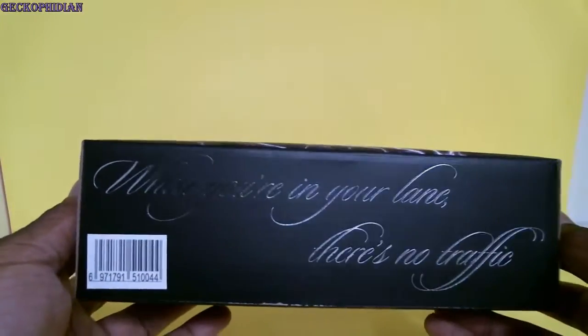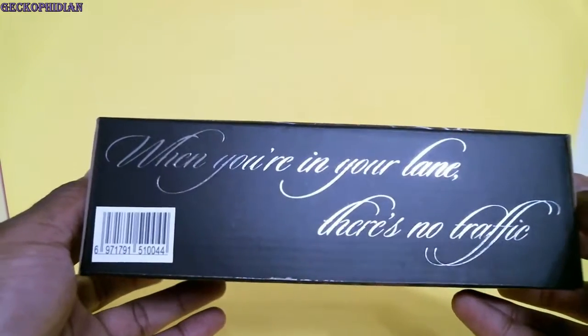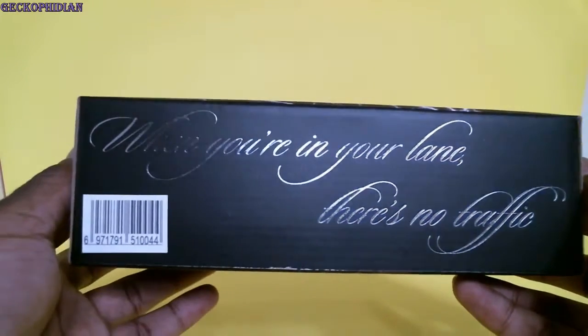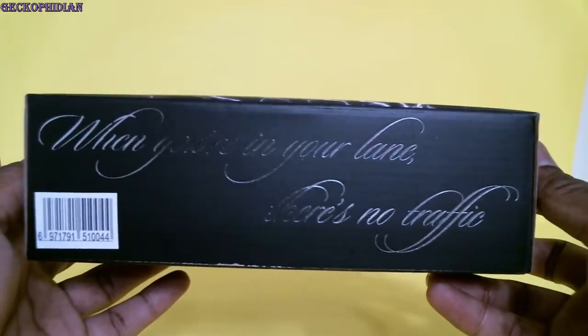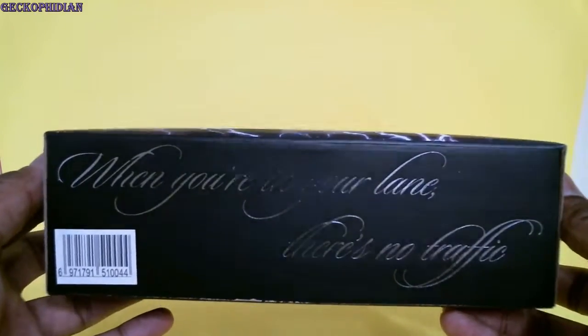Let's see. Ooh, is that coming in well? Because I know on mine it's kind of dark here, but when you're in your lane, there's no traffic, and I get the sentiment. You don't want to go across lanes. That's terrible. You just cause accidents. So yeah,